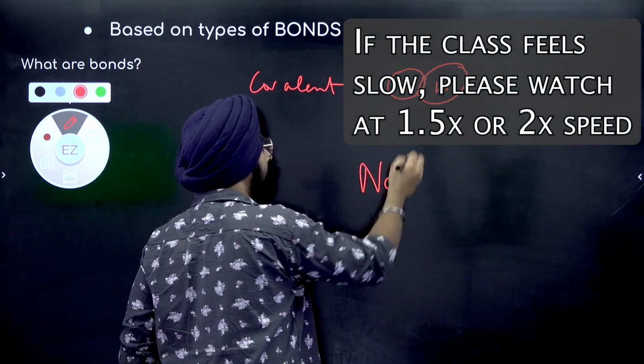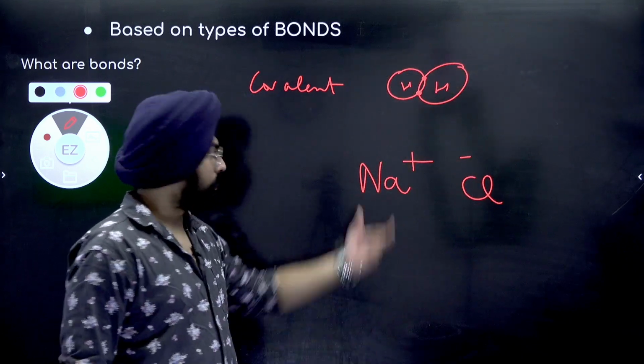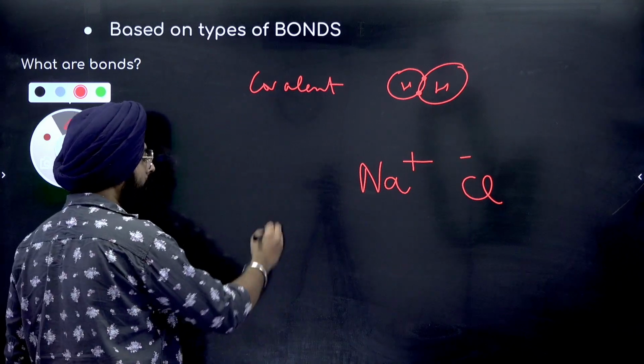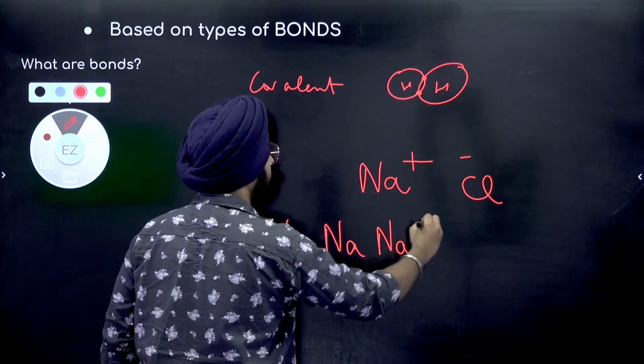If I talk about an ionic bond, Na positive, Cl negative, they are keeping each other together because of the positive and the negative charge, right? When we talk about metallic bonds, let's say you have sodium, sodium, sodium, sodium,